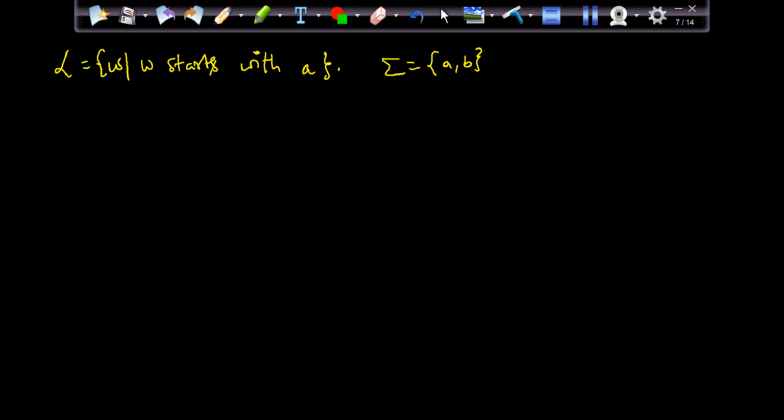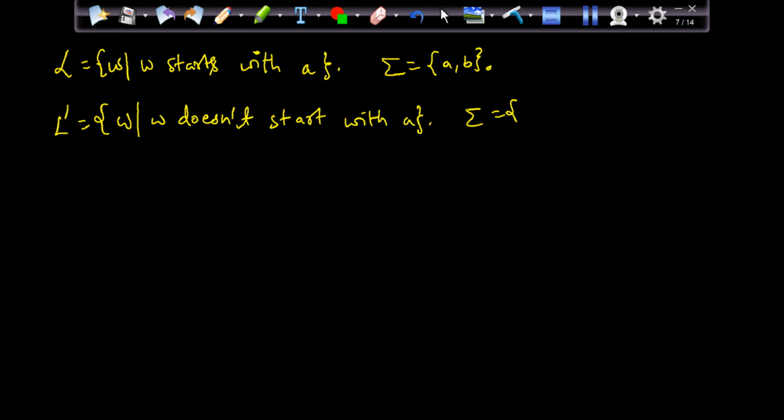So it is clear what should be L dash. The L dash should be W such that W does not start with A, and Σ is equal to {A, B}. It's clear. Now this is a DFA. It is very self-evident that L and L dash are complements to